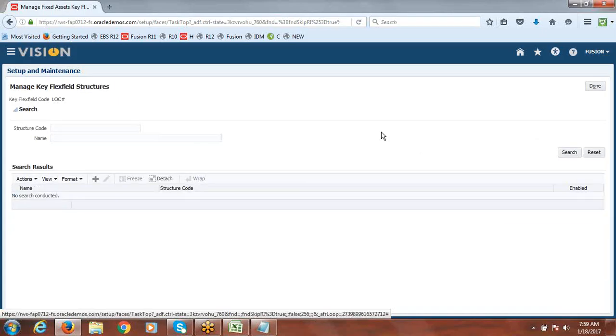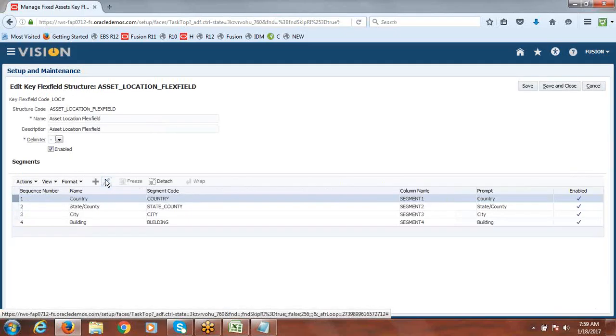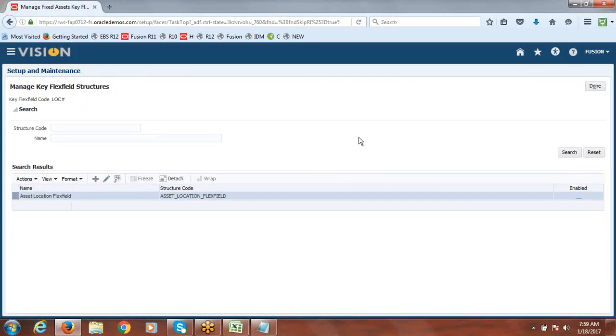Here, since it's a vision instance, Oracle already created one as a sample, but it's in enable mode. If you want to create one more, you can have only one active in the instance; you cannot create more than one active. So I'm going to disable this just for our testing till we create our own structure, then we'll activate and use that. I'm going to uncheck. But when you are practicing, you have to do that. If you understand this point, you don't need to practice straight away. You can skip these steps. That's up to you.